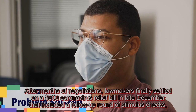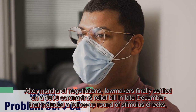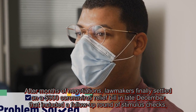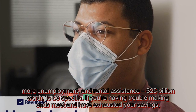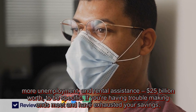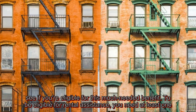After months of negotiations, lawmakers finally settled on a $900 billion coronavirus relief bill in late December that included a follow-up round of stimulus checks, more unemployment, and rental assistance. $25 billion worth, to be specific. If you're having trouble making ends meet and have exhausted your savings, see if you're eligible for this much needed